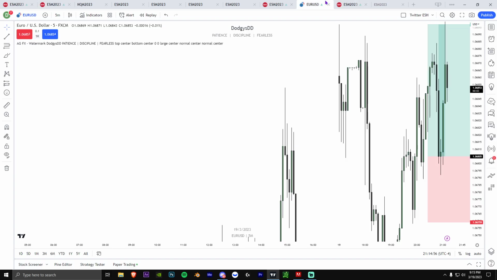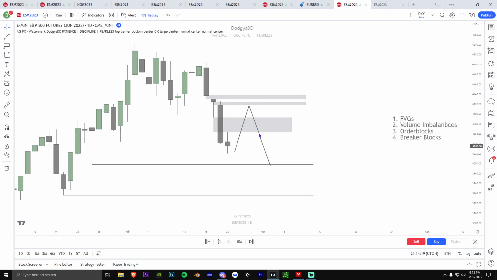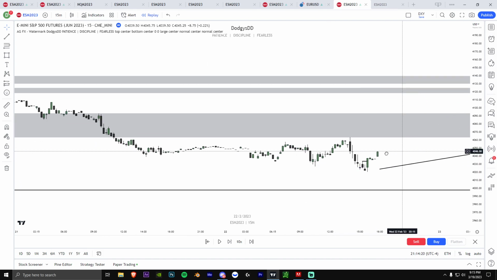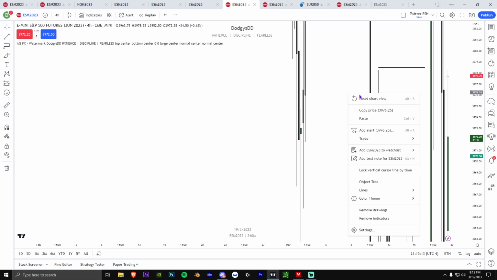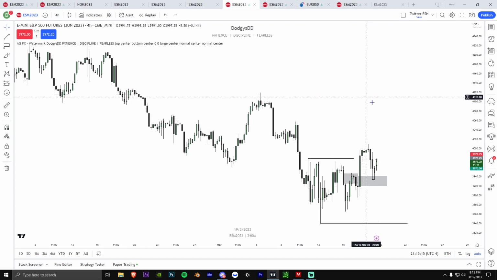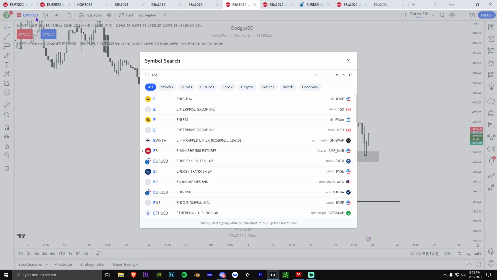So that's one thing. Okay, so now on the daily, again, if I could just go to the 15-minute. Again, we saw structure support, and we were going up to this fair value gap, right? I'm going to try to see if ES1 loads. I can just use this chart, I guess. So if I go to ES1 here,